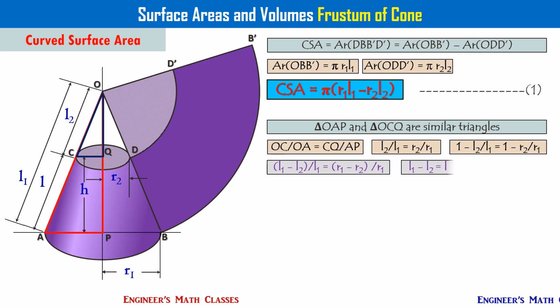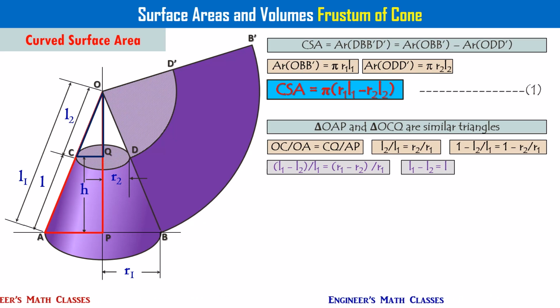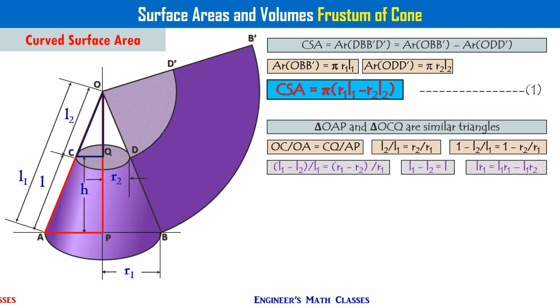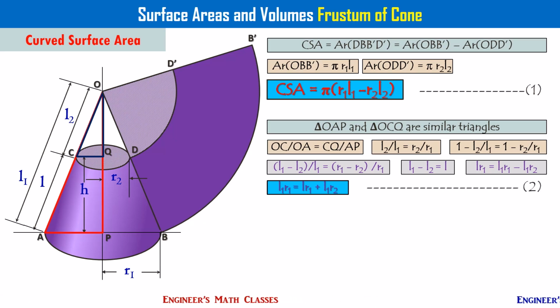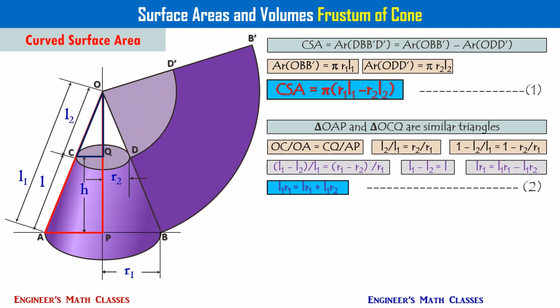And we also know that L1 minus L2 is equal to L, and when I rewrite that equation again, it becomes L R1 is equal to L1 R1 minus L1 R2. So rearranging this, I get L1 R1 is equal to L R1 plus L1 R2. So let me call this as equation 2. So if you note equation 1, there is a term called R1 L1. So now I substitute equation 2 into equation 1.